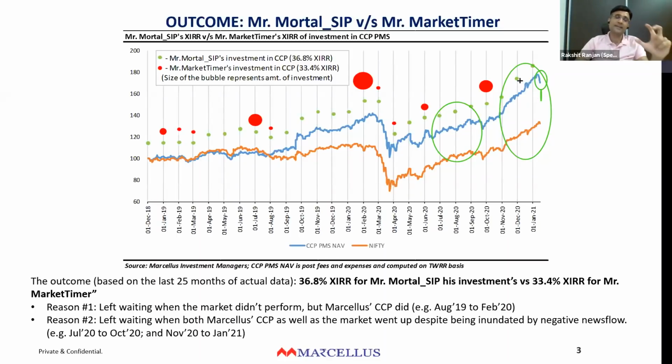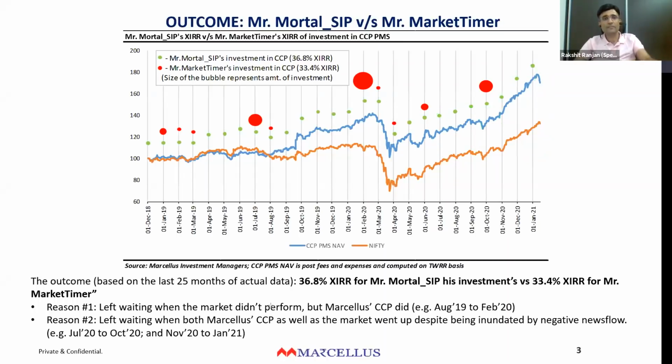In effect, what I'm saying is, even though by waiting for a market crash, you might end up investing at a 1 month low point or a little lower than all-time high points, you miss more than you gain because you are left waiting in the compounding engine, which goes up more often than it comes down, right? Especially in the CCP stocks, right? So that's it. This is something worth bearing in mind.